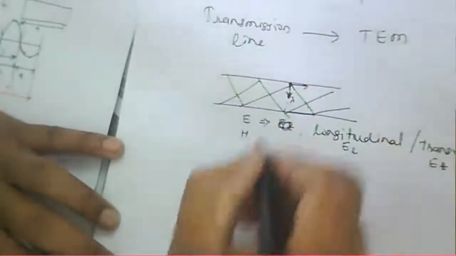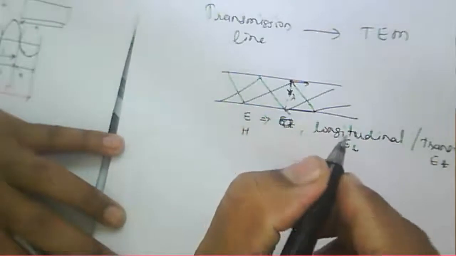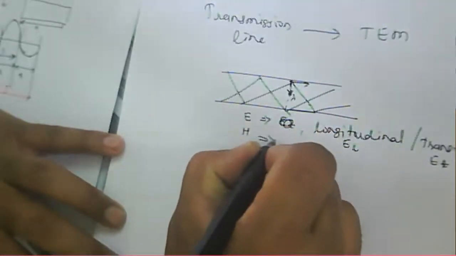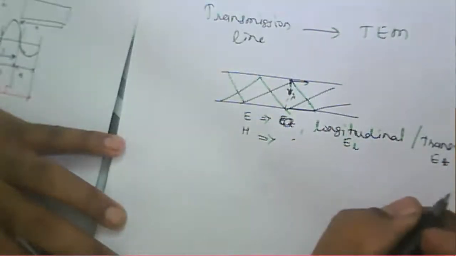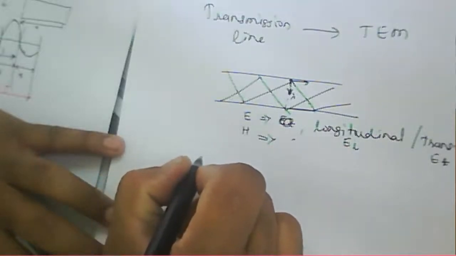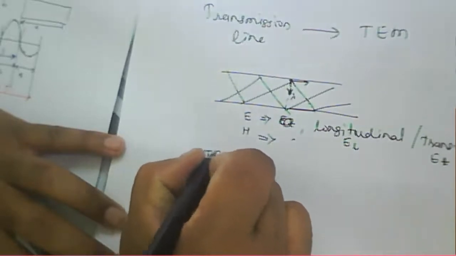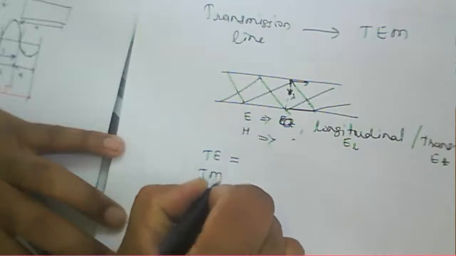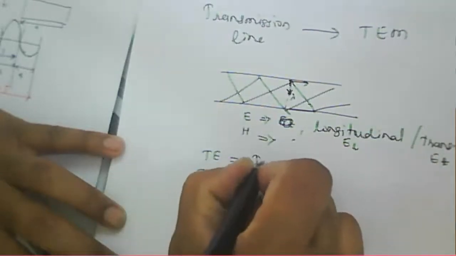Transverse is nothing but a perpendicular one. Whatever we consider for the electric field component, similarly we consider for the magnetic field component. It has a longitudinal component and a transverse component. So a wave propagating through the guide has various modes. The propagating modes depend on the field component: the TE, TM and TEM modes. T means what? Transverse.